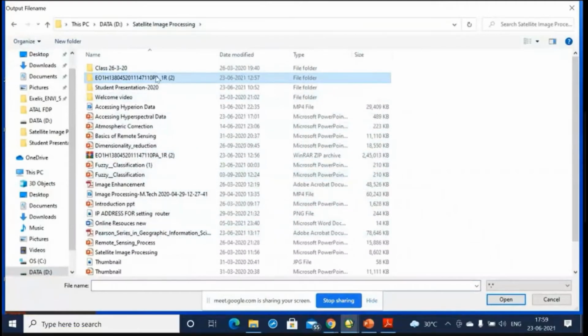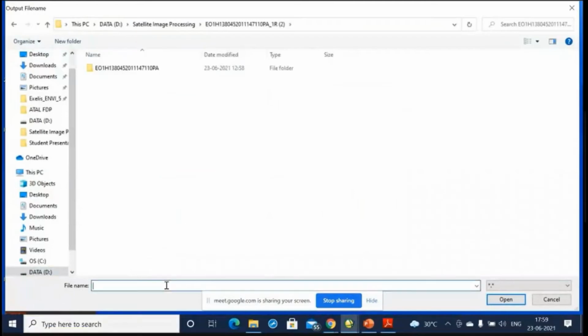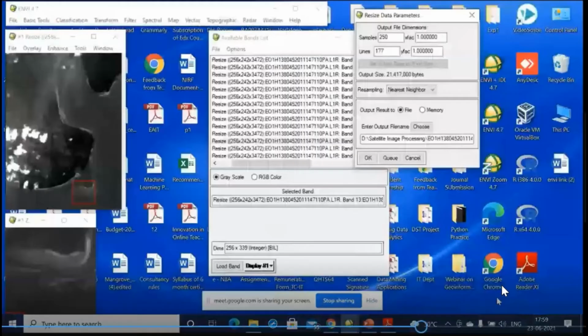So let us do one thing. Let us just give a new name, resized image Henry Island. Click OK.